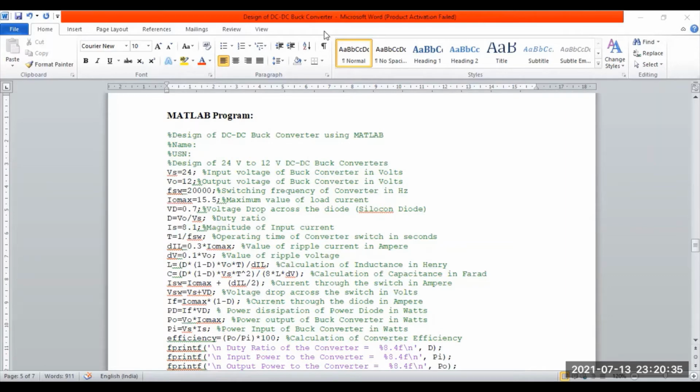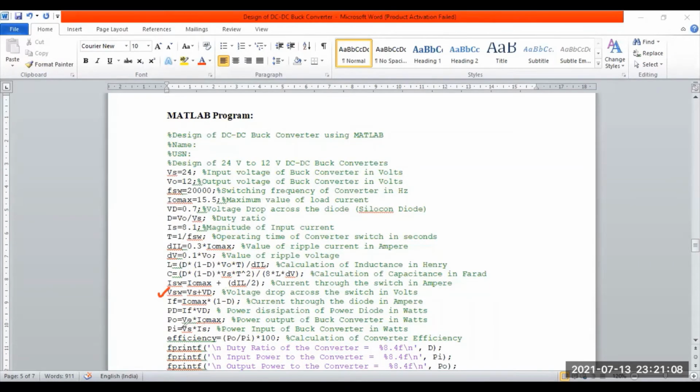Next, what are we supposed to do? Next, we need to calculate Vsw. Vsw is a variable that indicates the voltage drop across the switch. If you want, you can use any other variable name. No issues. You have complete privilege. You have 100% freedom in naming the variable. But the same variable must be used until the completion of the program. In some cases, you might have used capital Vsw. In the bottom side, if you mention small letter vsw, definitely your program will be stuck.